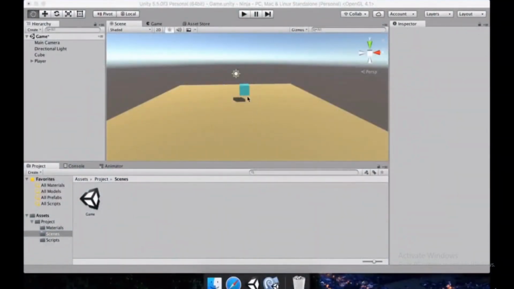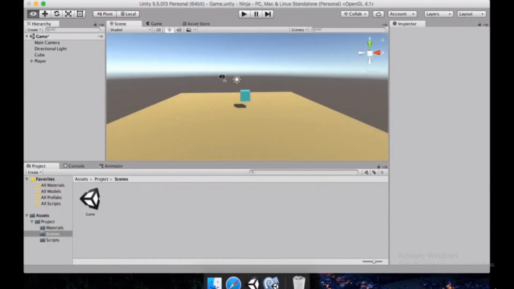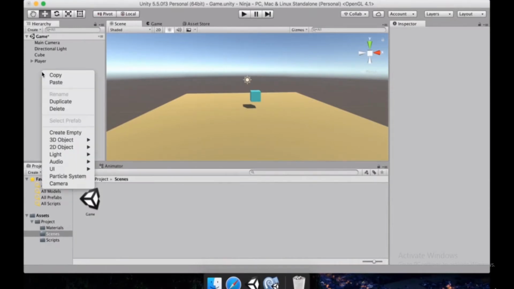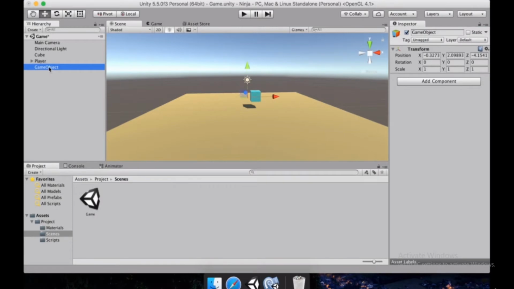Now that we have a player that can move, we should add a little challenge to this game. So we should start by adding the jumping enemies. Let's make a very simple one. I'm going to right click in the hierarchy window, choose create empty. I'm going to rename this game object as jumping enemy, and I'm going to change its position to be 0,